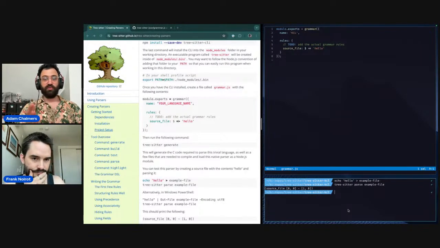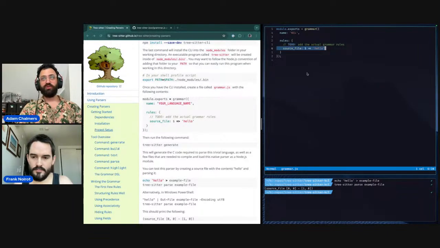Okay, so this is the output of tree-sitter. This is what a tree-sitter AST looks like. It's saying we find one kind of node called source_file. That'll be the root of everything. And it goes,